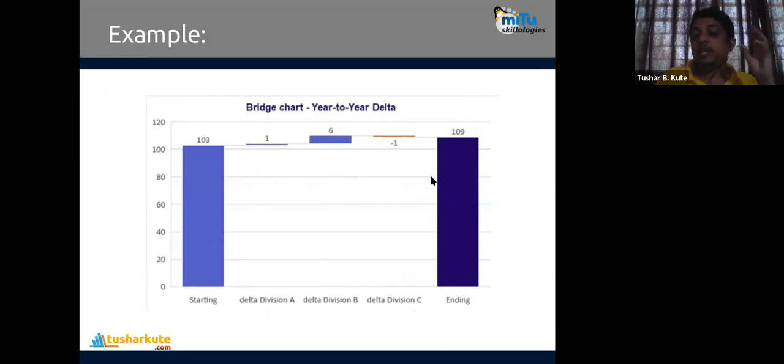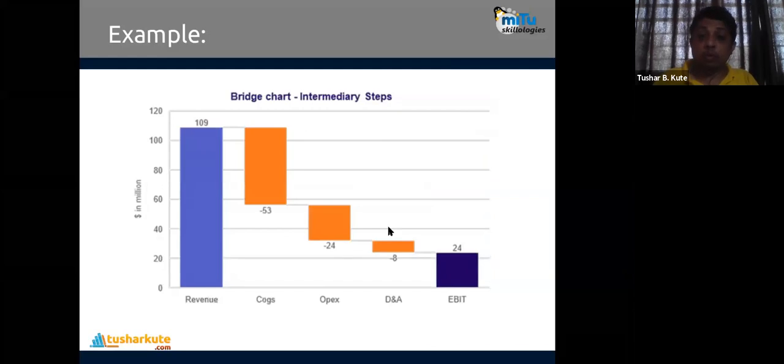This is what we call the bridge chart, where start and end are matched with graphical ups and downs using this kind of method. One more is there. You can see intermediary steps will be something like this. Revenue is 109 and finally EBIT is 24. But how did you lose that? That we can see.